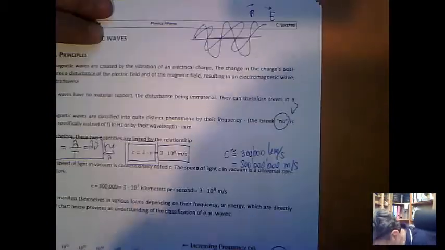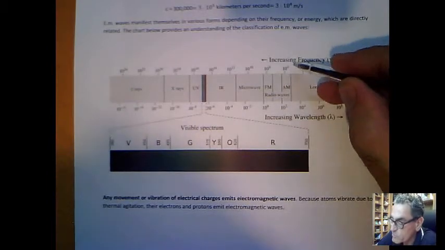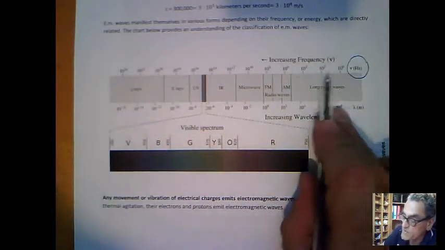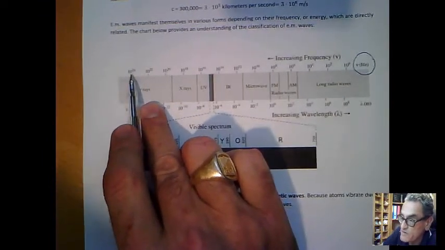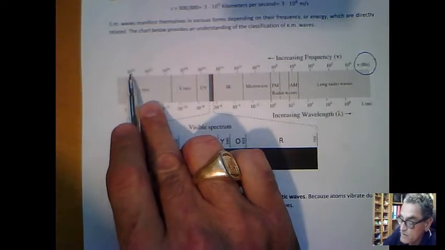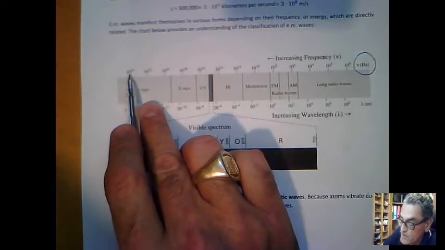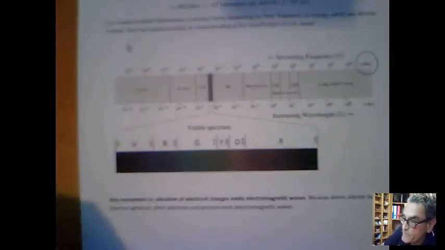okay, and this scale goes from 10, I cannot read, sorry, I have to go closer. It's from 10 to the power 0, 10 to the power 2, 10 to the power 4, 10 to the power 6, so this is a logarithmic scale, until 10 to the power 24, okay? This is a huge frequency, 10 to the power 24 hertz. It means that we have 10 to the 24 complete cycles in 1 second,